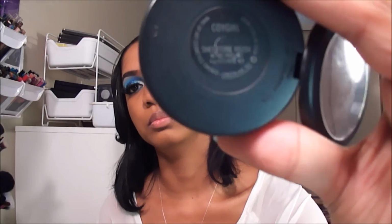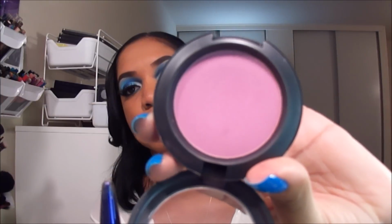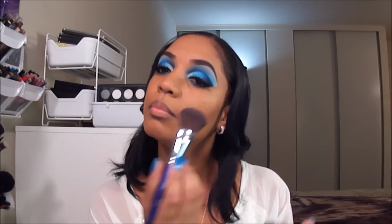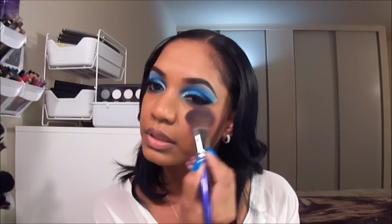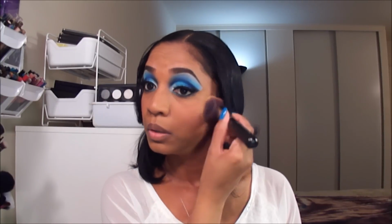And then to add a pop of color to my cheeks, so I'm not all washed out, I'm going to use Koi Girl blush from MAC, which is a matte pinky purple or purpley pink. And my Cosette S135 brush. And just apply that to my cheeks. And I love the way pinks and blues go together, so that's why I'm using this pinky blush instead of a neutral. And I'm just gonna blend that out, and that looks a little bit too bold,